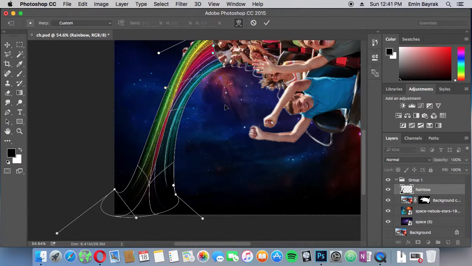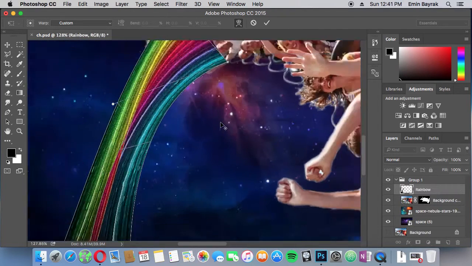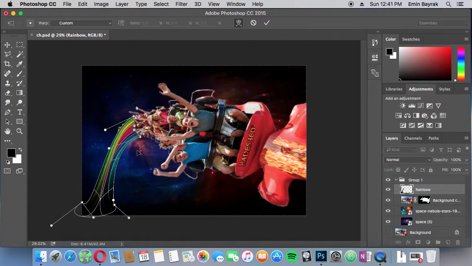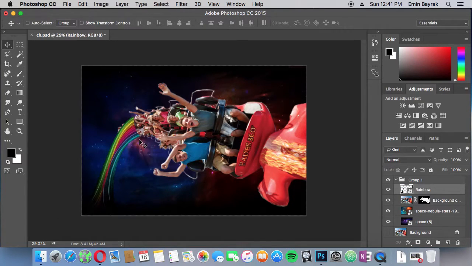Okay, if you're done with your picture and you're happy with the result, you can simply hit enter to make this transformation permanent. I'm gonna move this onto the background,